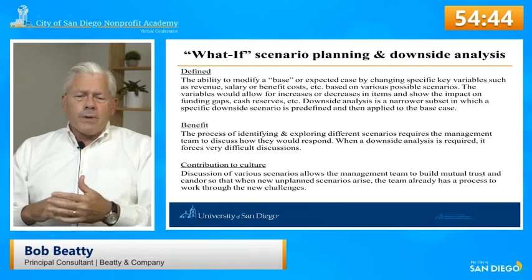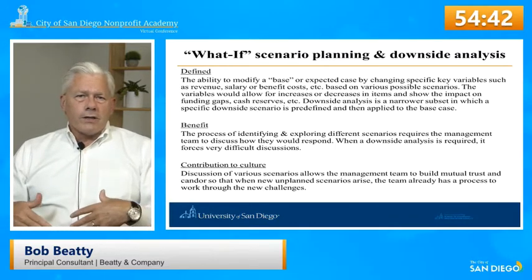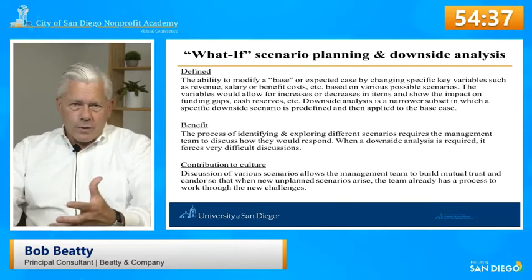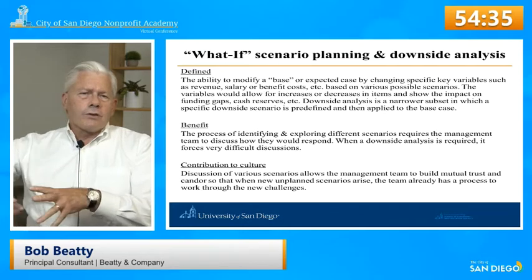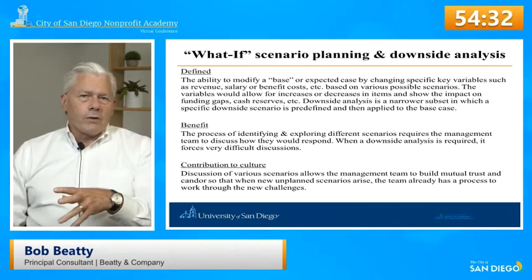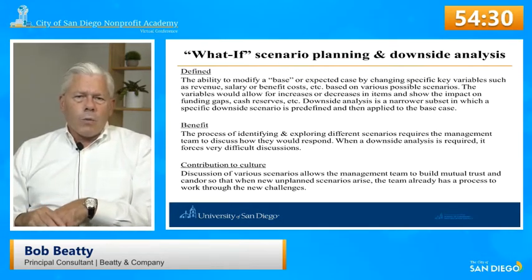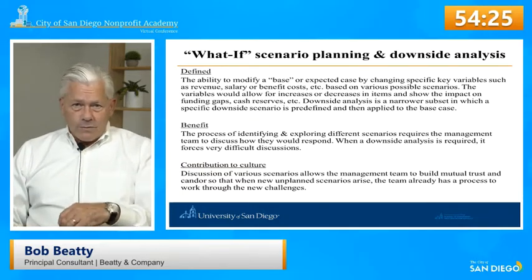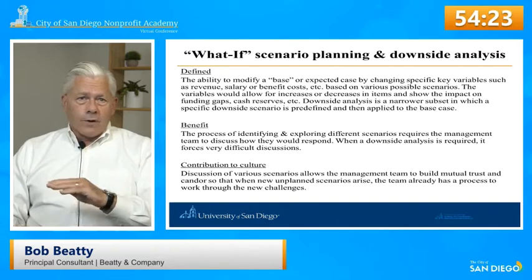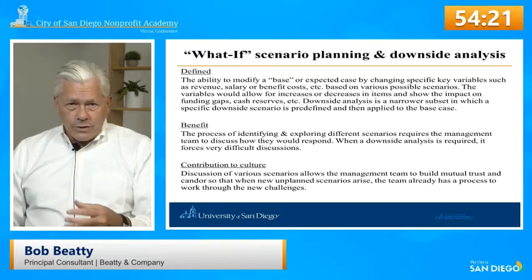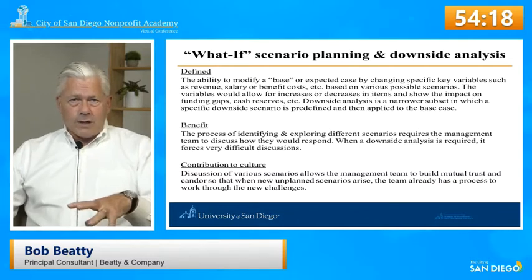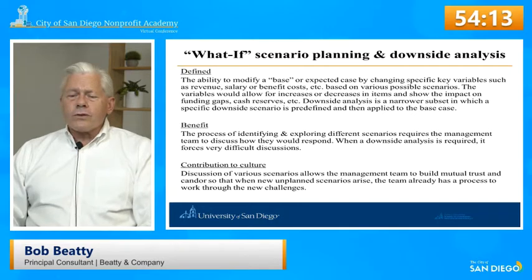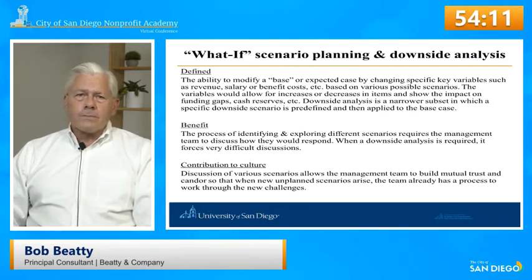One of the things I do at the beginning of every budget year is I ask each budget manager, if we took your department budget, whatever it is you're managing, and increased it 25% for each of the next 3 years, what would you spend it on and why? And conversely, if we cut your budget 25% for each of the next 3 years, what would you cut and why? And what are the impacts and the outcomes of either one of those scenarios? It forces some really difficult questions.